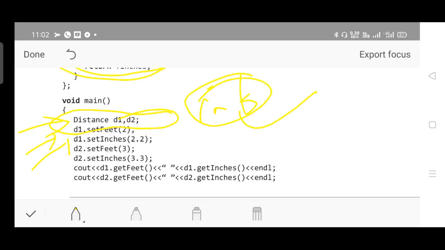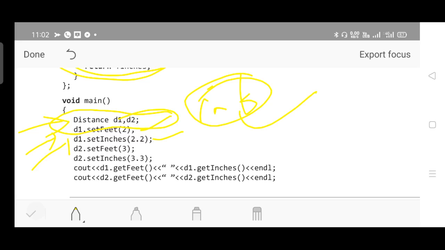While accessing the member, we are using the dot operator. So d1.setFeet as well as d1.setInches, right? The dot operator is used to make a call for the functions setFeet and setInches, each with one parameter. Obviously it takes only one parameter, 2 as well as 2.2.